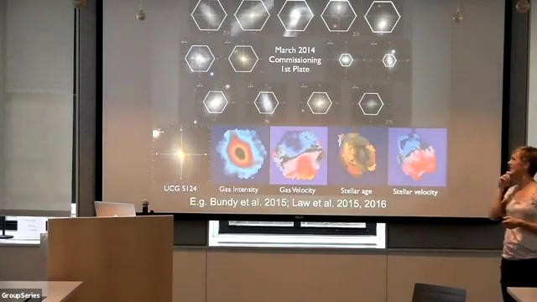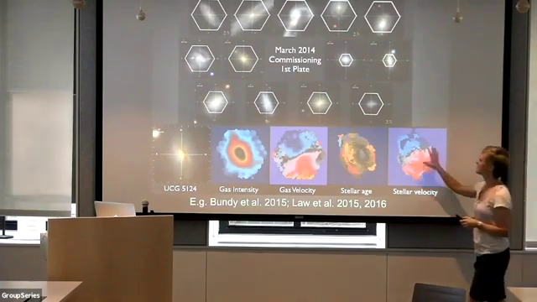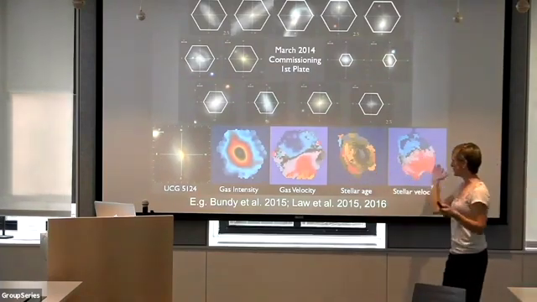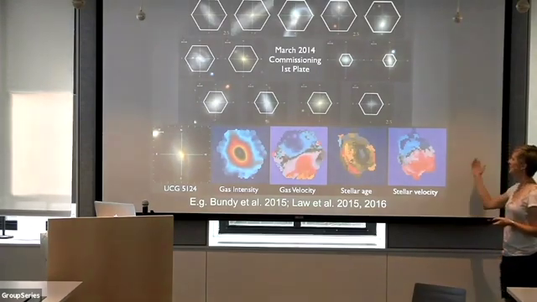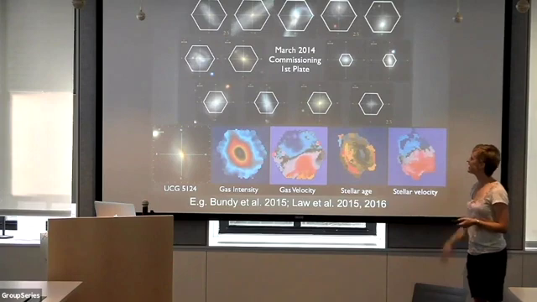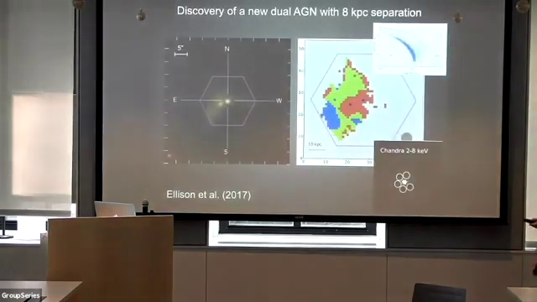So this is a survey that over its full duration will observe some 10,000 plus galaxies, and so we end up with these nice maps of all of the properties that we are used to having for just single fibers. So we can have distributions of star formation rates, velocities, ages, anything you want from the spectrum. So we first started playing with this data soon after the first data release, and to cut our teeth, the